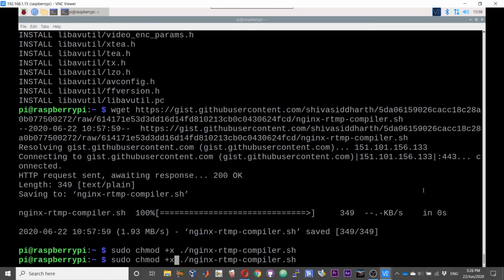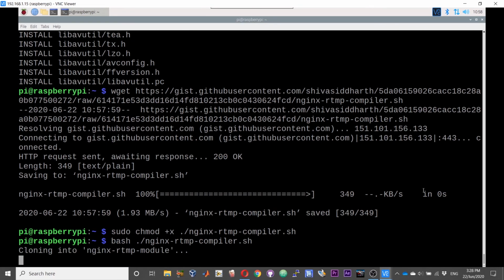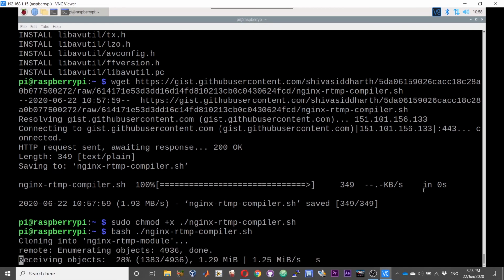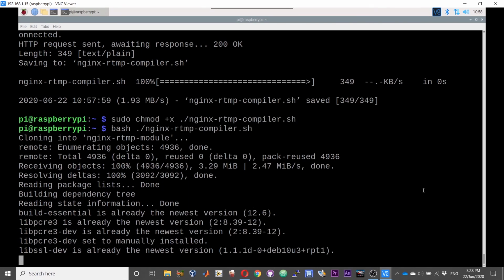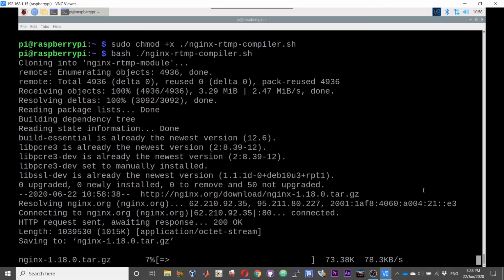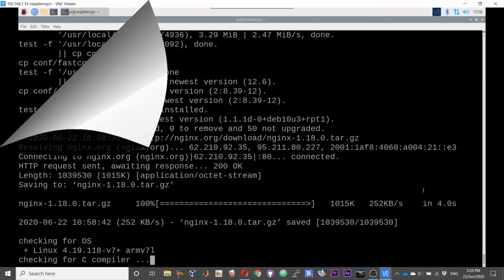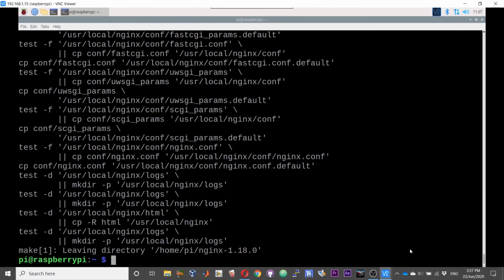You can execute the script using bash. Just remove sudo chmod +x and type bash. This will not take as much time as ffmpeg took. This process should be over in no time. So the compilation and installation of Nginx along with the RTMP module is also complete.